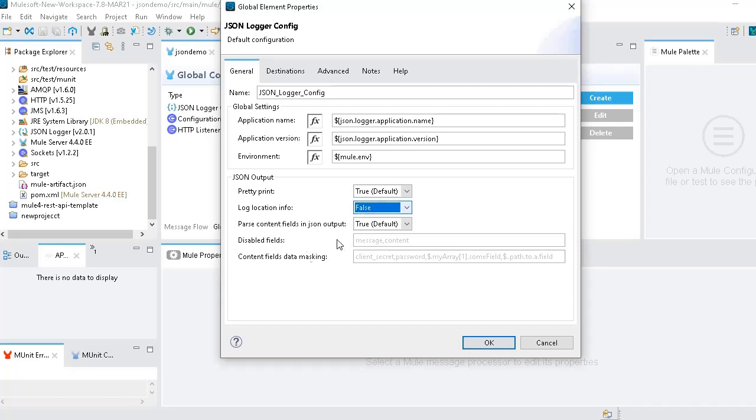Let's observe the difference. Then, parse content fields in JSON output: if you have any other type of payload, it will be useful for you. For now, just ignore it. Let's see this disabled fields option. Which field are you going to disable? Like which field you don't want to display. Location info, if you don't want to display it, you can just select false. If you want to disable any fields other than location info, you can type them manually here